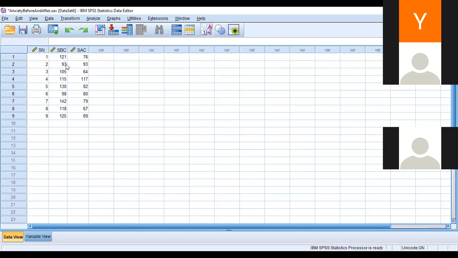So you can see that this one is paired. You can see it's parallel now: the score before cancelling and the score after cancelling. Can you see? They're in parallel. We didn't put this one as 1 to 9, because it's the same people.